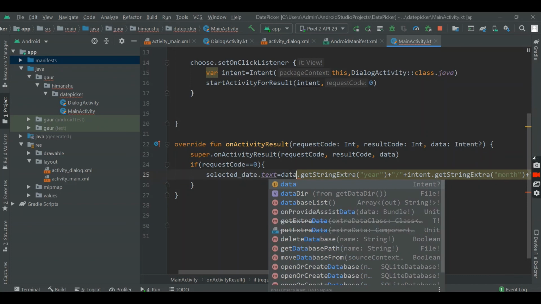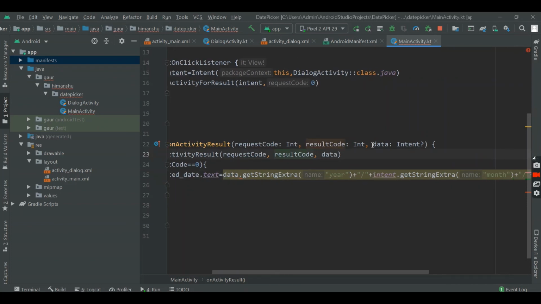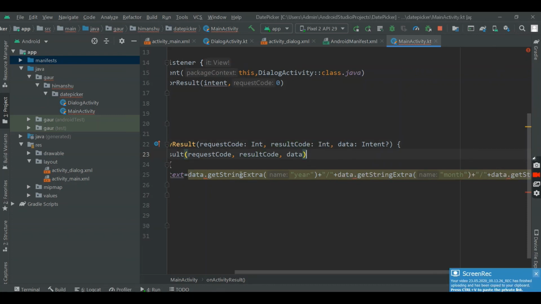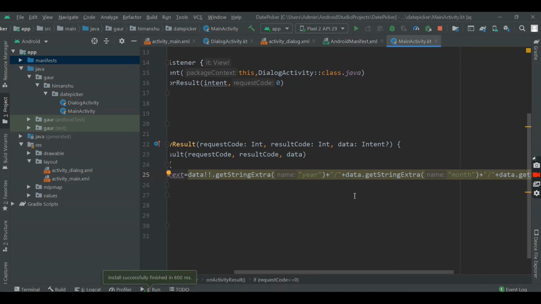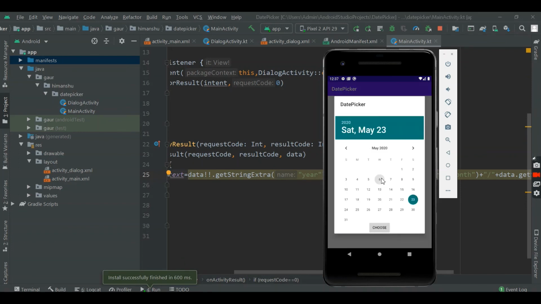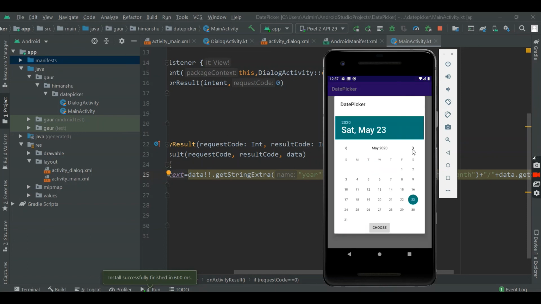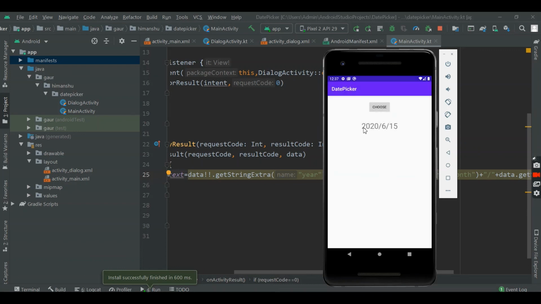Here use data, because our intent is data, which is not null. Let's run the emulator and simply choose 6 May. Here you can see 6 May 2020, and yeah, I choose July, 15 July, and here 15 July 2020.